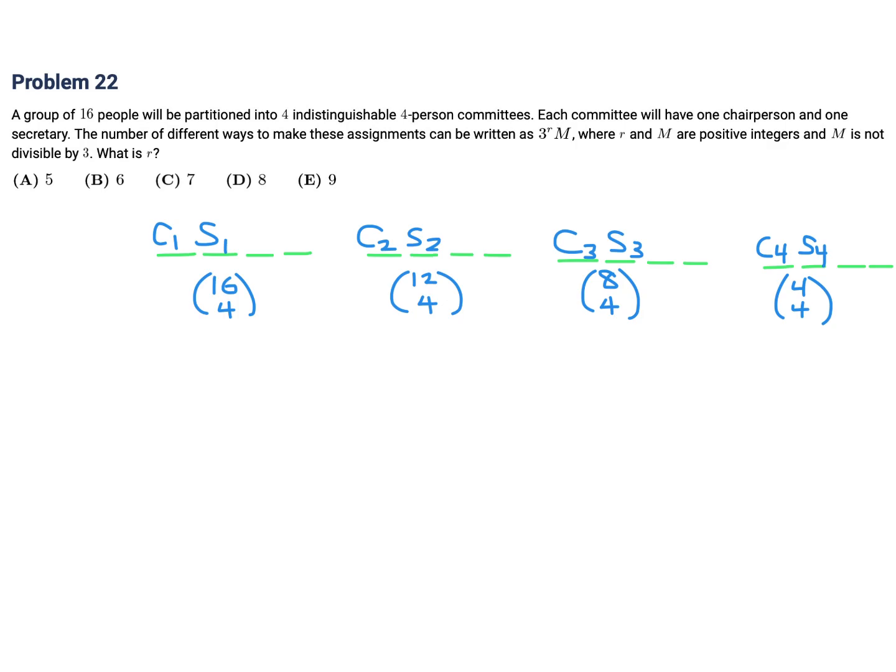And yeah, that's pretty much how this would work. And the total, you'd have to multiply them all, which would be a huge number. So like that. This is the total number of committees. But this overcounts